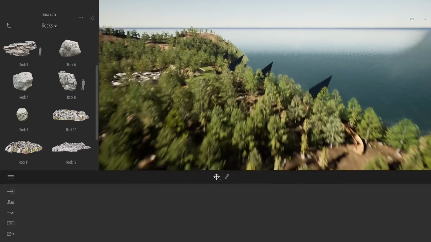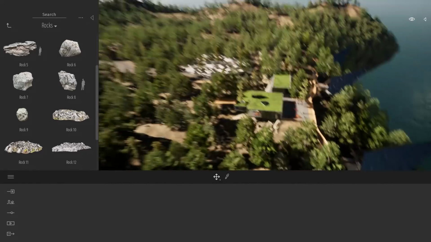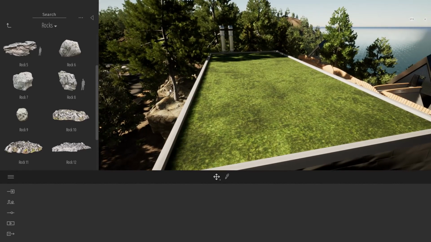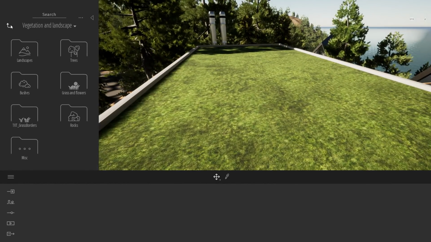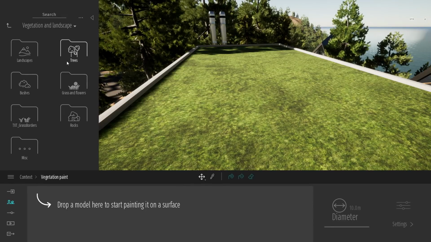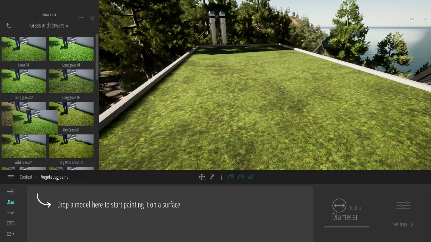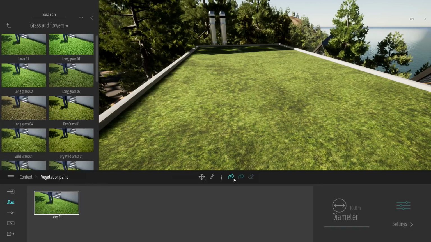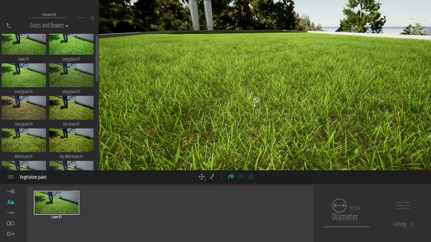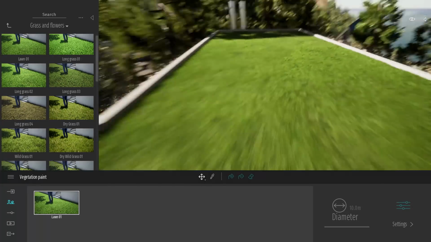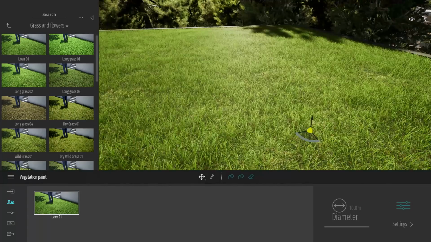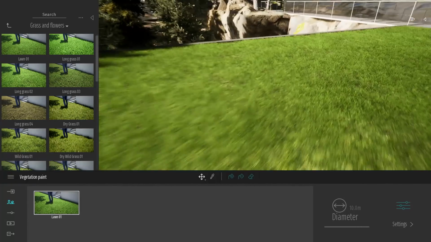So this spread tool can be useful to populate a large terrain like that, but it can also be useful on smaller parts of your project, like this roof. I will come back to my spread tool, vegetation, grass. I will drag my grass over here. Same thing here. I will select my bucket and we just click a couple of times to add my grass to my terrain, to my roof. And it has been scattered on all my different roofs because there was just one object.